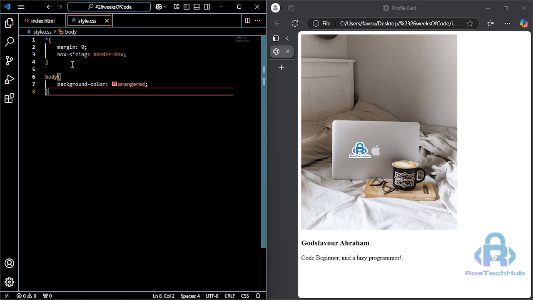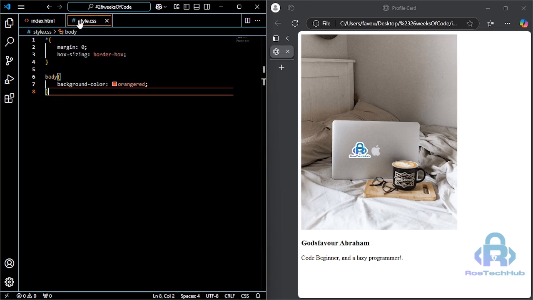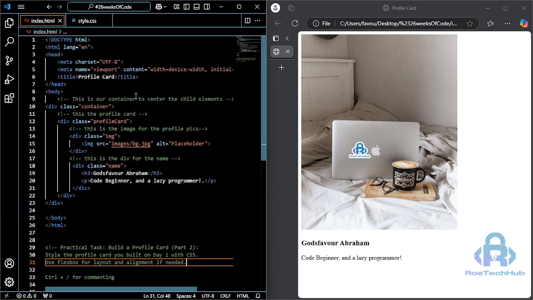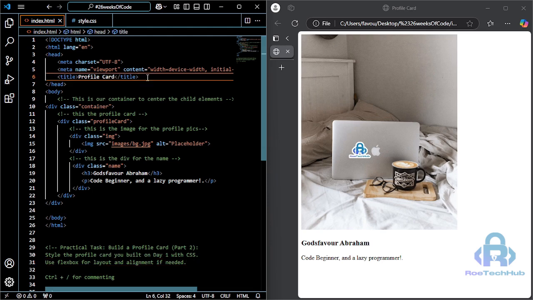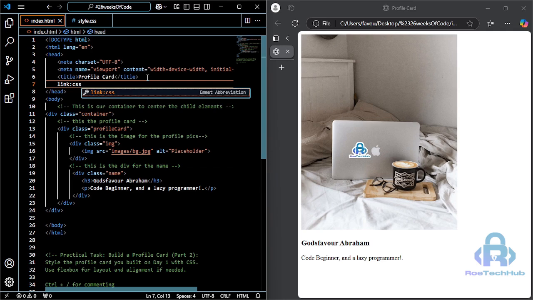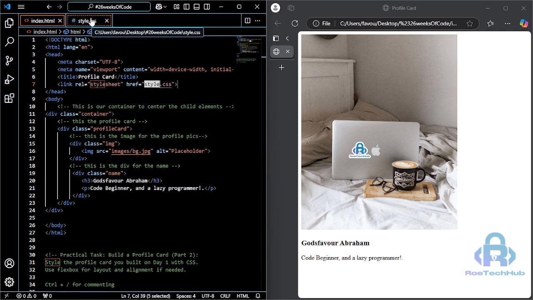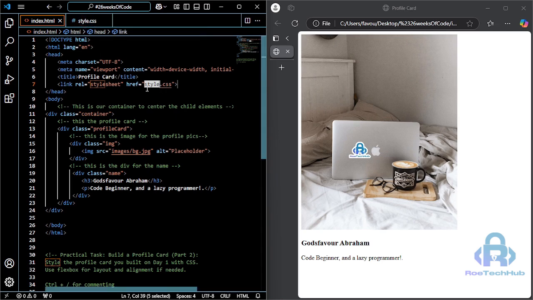First of all, if your answer is we've not linked the CSS to HTML, then you are very, very correct. We need link: CSS, and then automatically my HTML is linked to my CSS, because my CSS is style.css and here my href